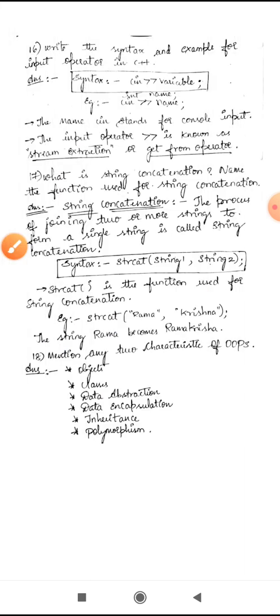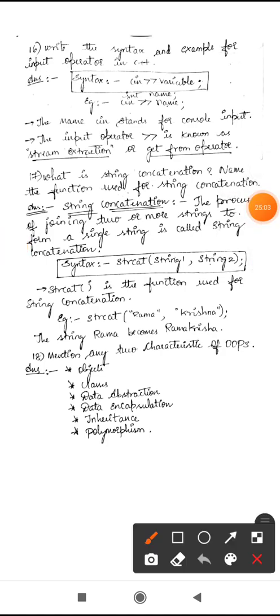Next question, write the syntax and example for the input operator in C++. Here they have asked you to write the syntax and example for the input operator in C++. How do you give input in a C++ program? By using the cin statement.